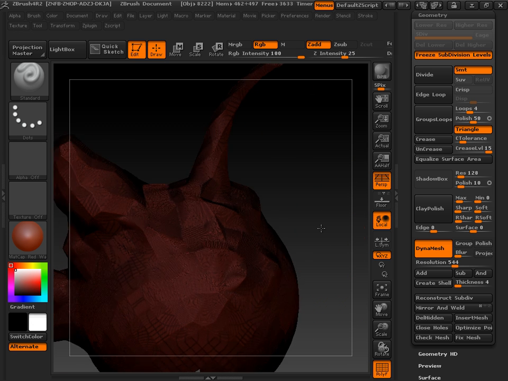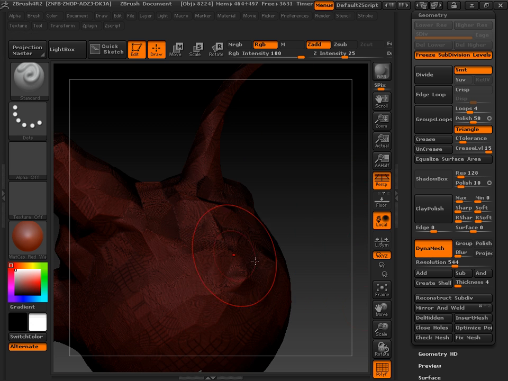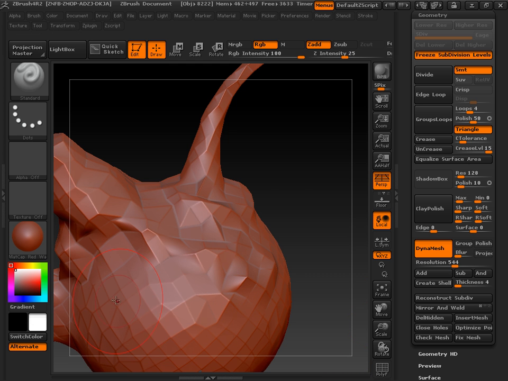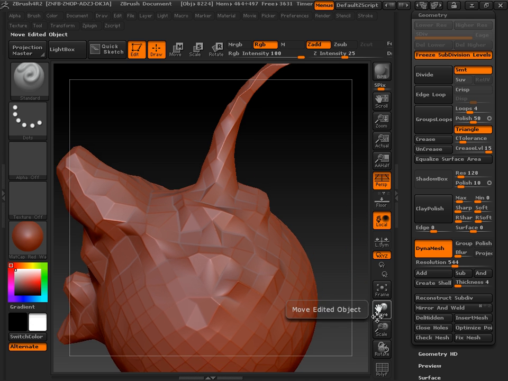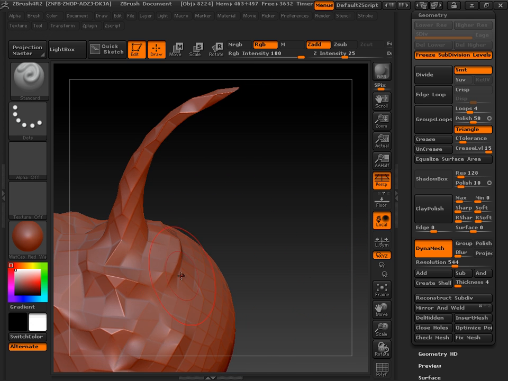Just be careful when you switch resolutions, however, because you can start getting this to happen. Okay, so going from down to up, you get this going on. Just know that. Alright, so that is Dynamesh 1, just the very basics,